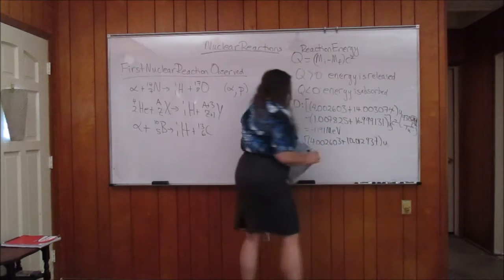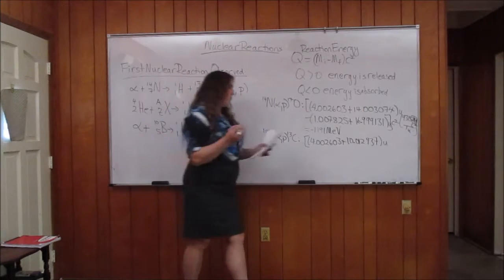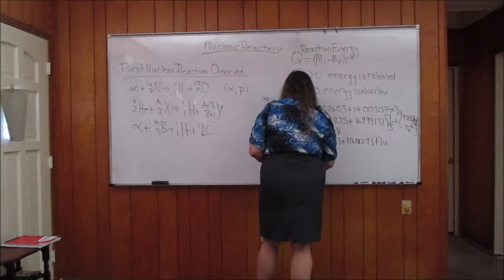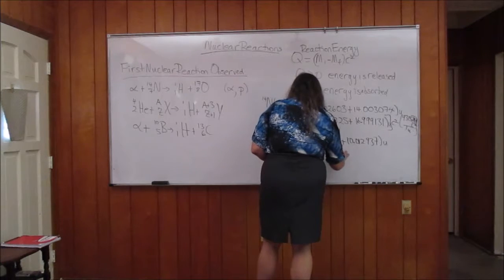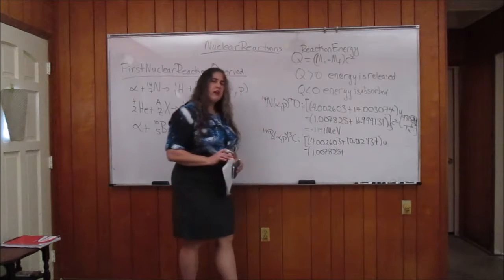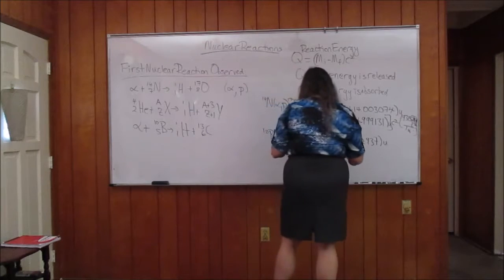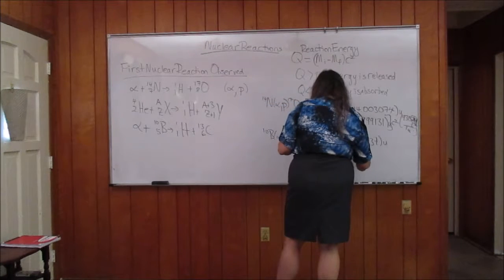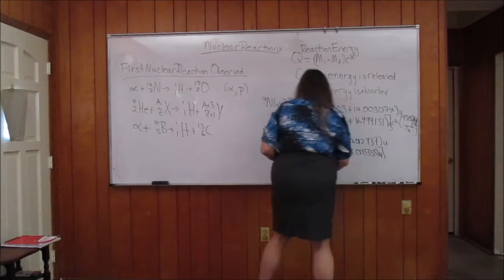The mass of boron 10 is 10.012937, all of course in atomic mass units. And the mass of the hydrogen atom is 1.007825, and the mass of carbon 13